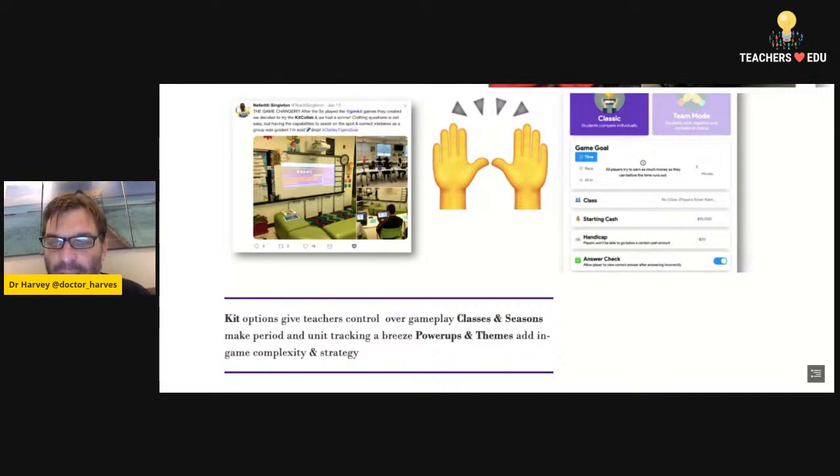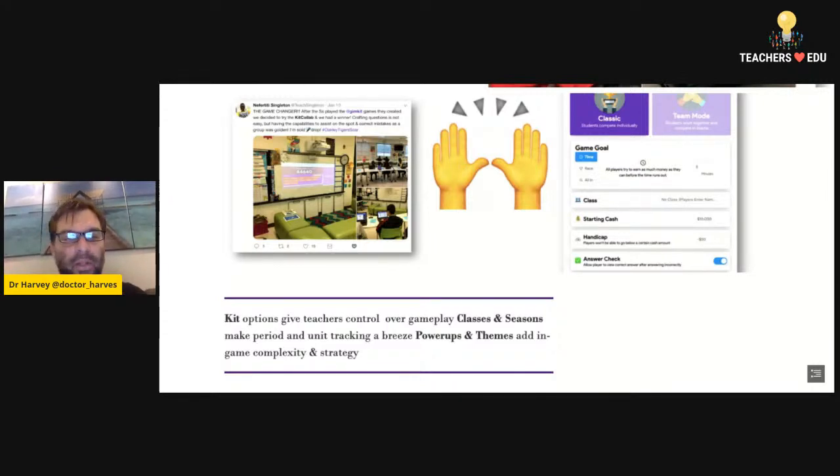And you can give them handicaps as well, which means that if they go below a certain value, the game is over for them. Another thing you can do, which is very similar to quizzes, is give an answer check, which means that if I get a question wrong, then the answer comes up. So again, it's embedding that learning, making recall central, because in Bloom's taxonomy, before we can start being creative and using information, we have to be able to recall simple facts.